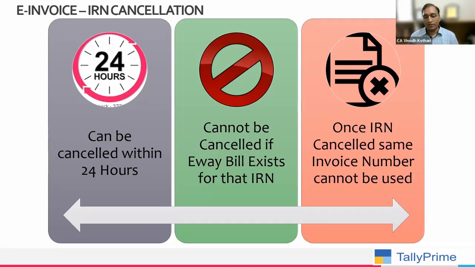Now the question is, sir, I have generated an e-invoice, 24 hours lapsed. What to do? I want to cancel. You don't have an option. That means the sale is confirmed. Only one option you have, but that you have to justify. What is that option? Issuing a credit note to your recipient. This will be shown as if you have made a sale and then the credit note is passed. So it will be entered in his books: one is the sale and then the credit note.